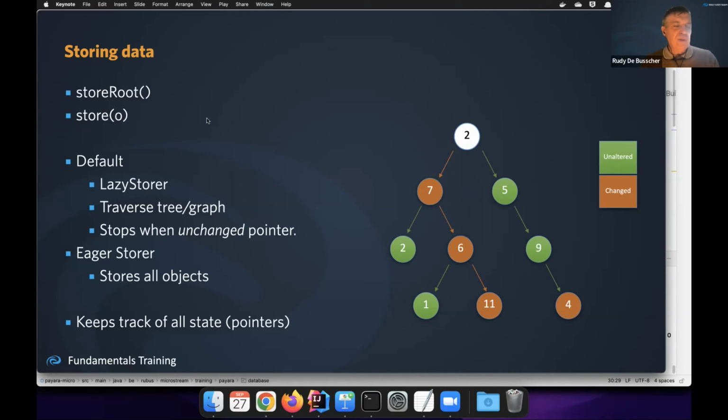But in most, let's say 99.9% of the cases, you store a certain object. And when you call this store method, for instance, let's say that we start from this object 2, that might be the root or not, that is not really important. So if we start from there, then MicroStream is going to compare the value, all the references, for instance, the string reference to the first name, or the integer value of the price, or the age, or whatever, with the previous version,